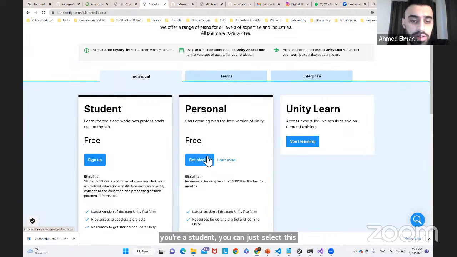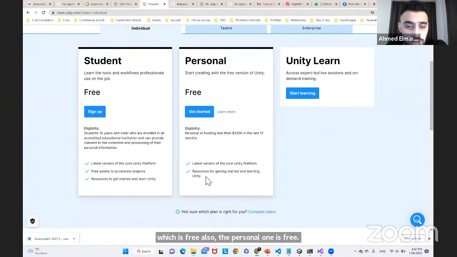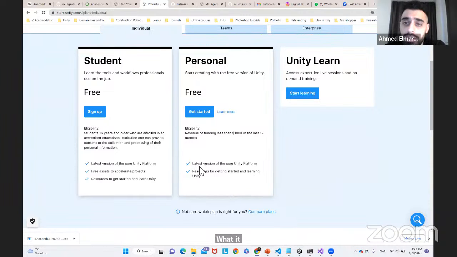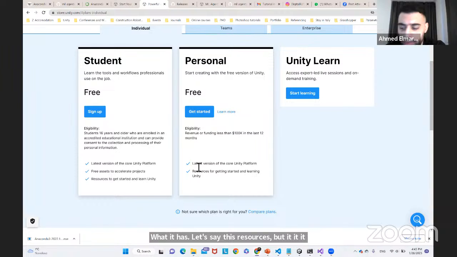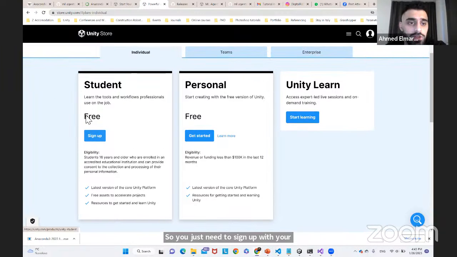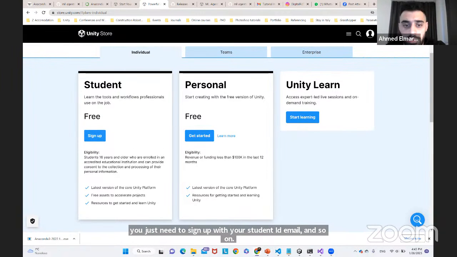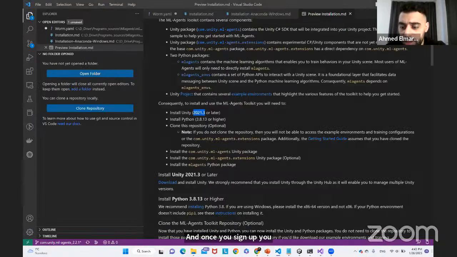Also, the personal one is free, but it has, let's say, less resources, but it will not affect you that much as long as you're not working on producing commercial applications. So you can go for any of them. The student one requires a license, so you just need to sign up with your student ID, student email, and so on. And once you sign up, you will end up installing the